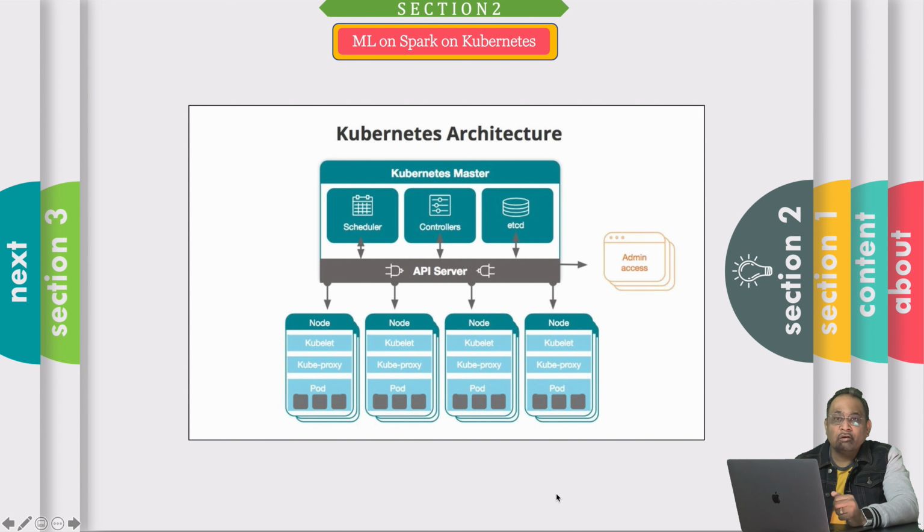From Apache Spark 2.3 onwards, Spark also started supporting Kubernetes as the cluster manager, which means we could replace YARN or Mesos with Kubernetes. Although from Spark's perspective, it hardly makes any difference whether we run our workload on YARN, Mesos or Kubernetes, using Kubernetes gives us the following advantages.